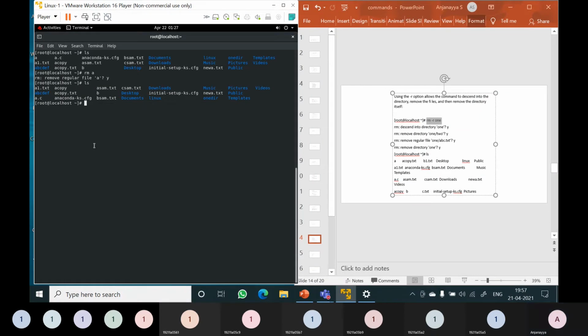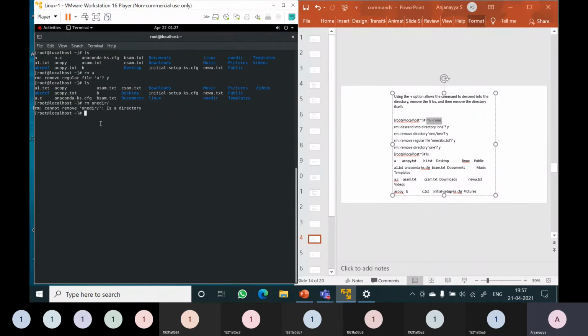Now rm 1dir. Here I am giving no options and typing the directory name. Now it says cannot remove directory. If you use just rm, it will delete normal files, but rm is not used to delete a directory if you don't give any options.